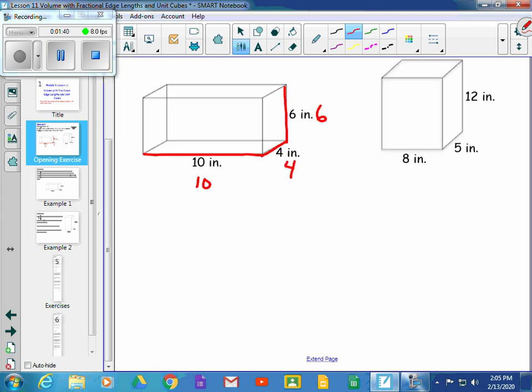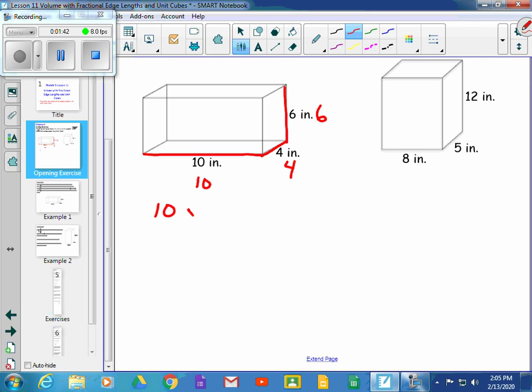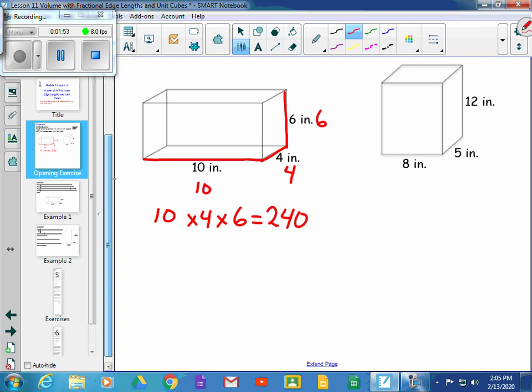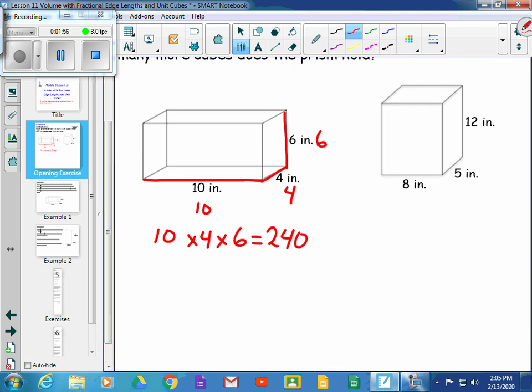Now if I just multiply them, 10 times 4 times 6, I can find that this prism holds 240 1 inch by 1 inch by 1 inch cubes. Over here, we can put 8 cubes in a row, have 5 rows in a layer, and have 12 layers high. If we multiply those, we get